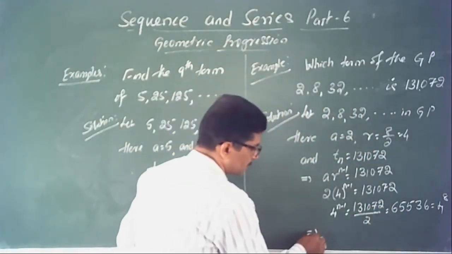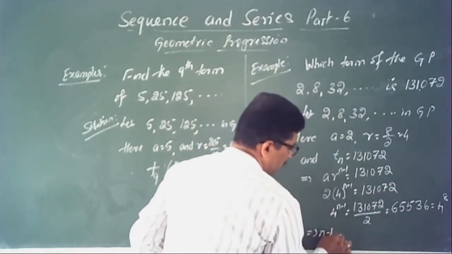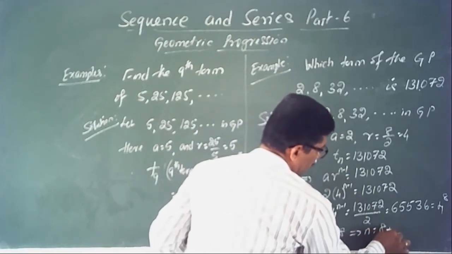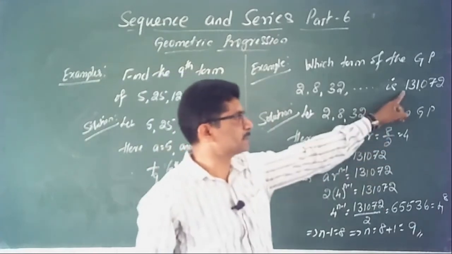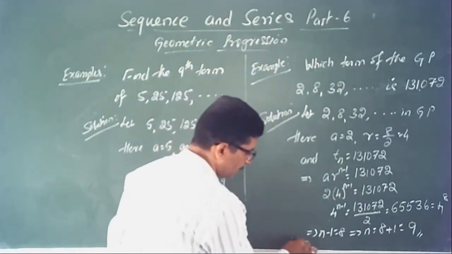It implies, by the law of indices, if the base is the same then the index must be the same. n minus 1 equal to 8. It implies n is equal to 8 plus 1, which means 9. It means the ninth term. The conclusion is therefore the ninth term